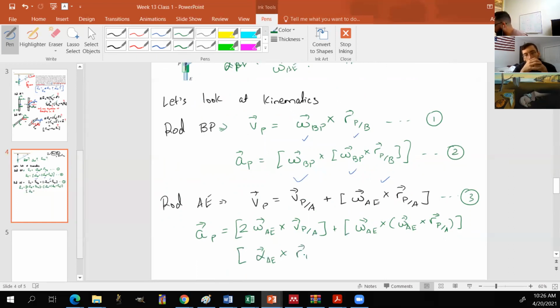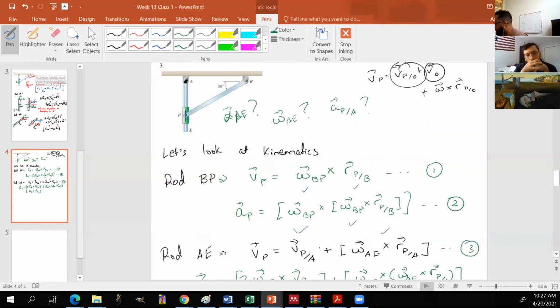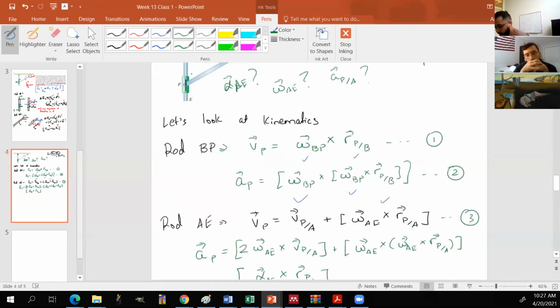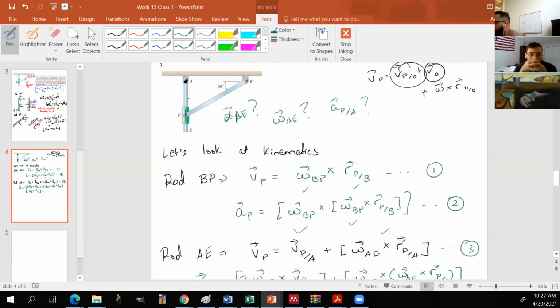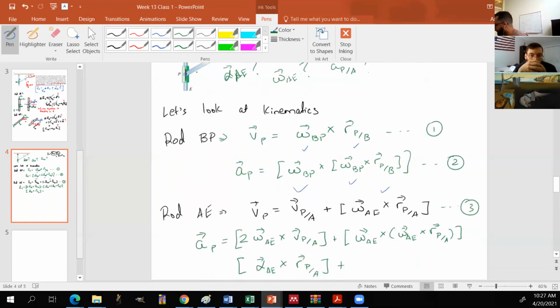So that's alpha AE crossed with R of P relative to A. Plus, because the collar slides along there, I'm going to also have an unknown acceleration term,